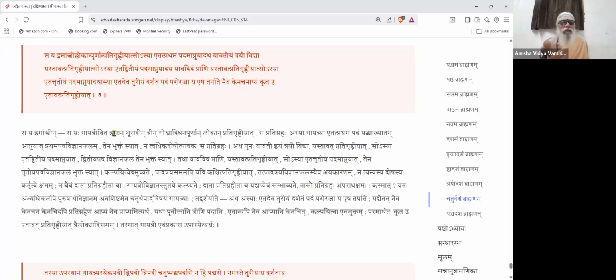Prathama pada vijnana phalam tena bhuktam syat. The vijnana means here upasana only. So the upasana phala on the prathama pada will be exhausted by that, it will be used up. It will offset that pratigraha dosha,